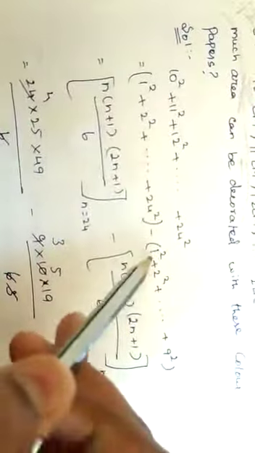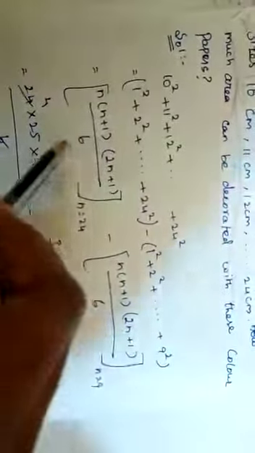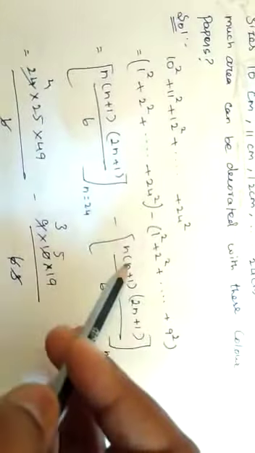Okay, so now you can think, note that it starts from 10 and continues till 24. So you can know how to do it. 1 square to 24 square first you should find. Then 1 to 9 square you should find. You should subtract this small part from this big part, then you will get 10 square till 24. So I am doing it here. 1 square till 24 square minus 1 square till 9 square. Then n into n plus 1 into 2n plus 1 divided by 6, where n equal to 24, minus n into n plus 1 into 2n plus 1 divided by 6, where n equal to 9.